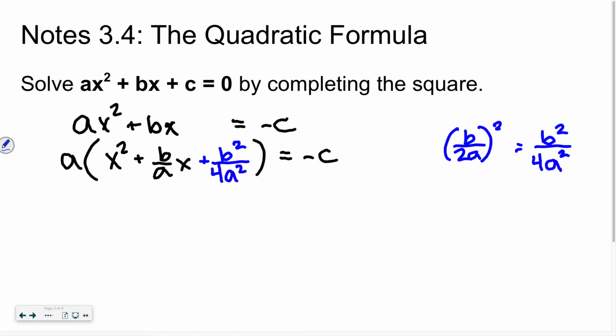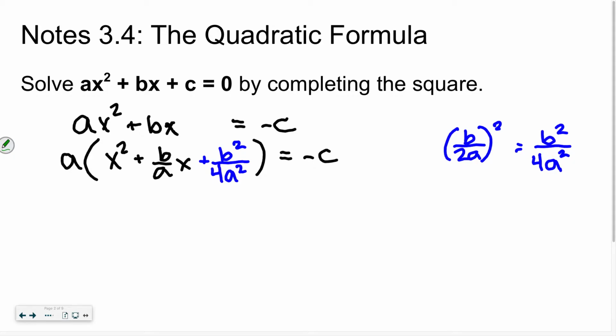So I'm going to put that over there on the right side to complete the square. And we're thinking, well, that doesn't look very nice, but we'll just let it be for right now. Now, I just added something to the left side of my equation, but I need to keep the balance, so I need to add it to the right side. But I have to be careful